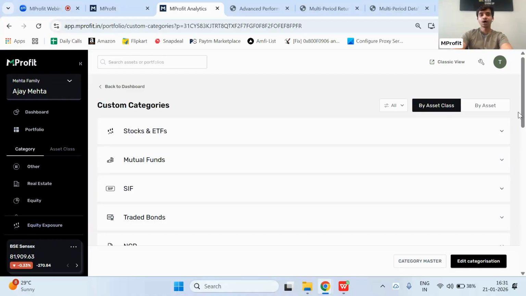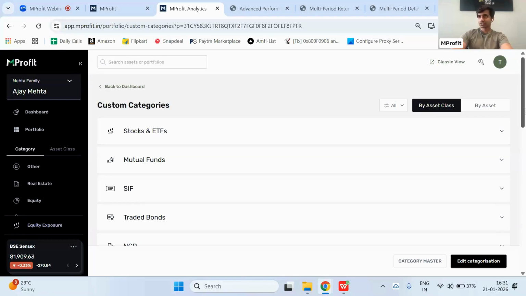And we will also show you how this feature ultimately ties into the actual reports that we will be covering in the report section. Before we move on to the report section, we'll just cover one last user-defined customization feature, and that is on the benchmark front. Now, under MProfit Prime, we've added the ability for you to see actual benchmark performance in your